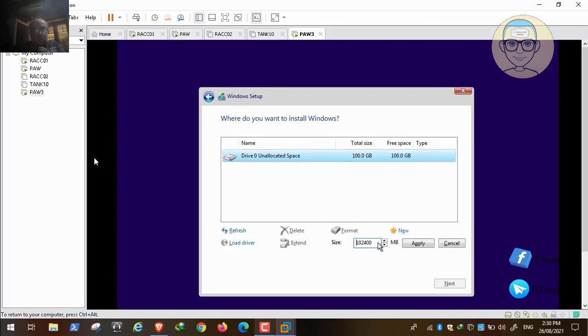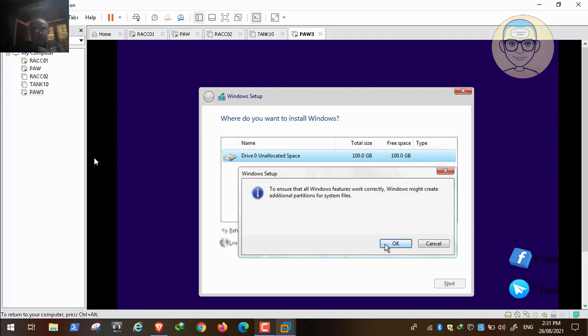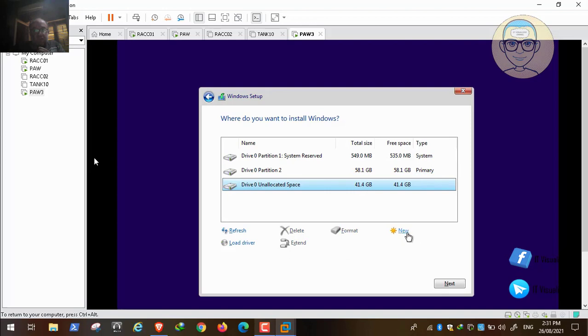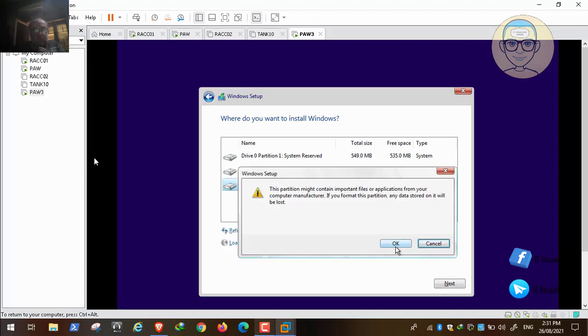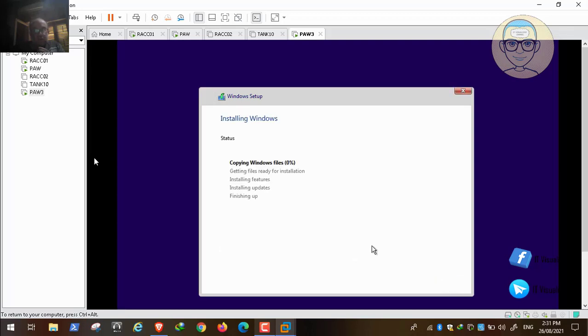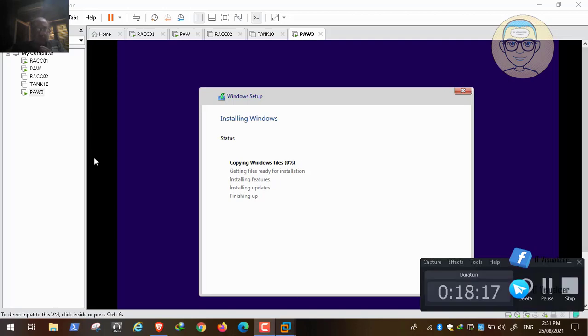We will make two partitions. The first partition will be 60 gigabytes. I said before, it is recommended to have the partition of the operating system to be 150 gigabytes or more, okay, and the other partition you can make it as you like. So now we have configured our first partition, and then we will have the second one, 40 gigabytes, and then format it as NTFS, and then click on partition 2 and install the operating system on it, okay. So now we will pause the video,